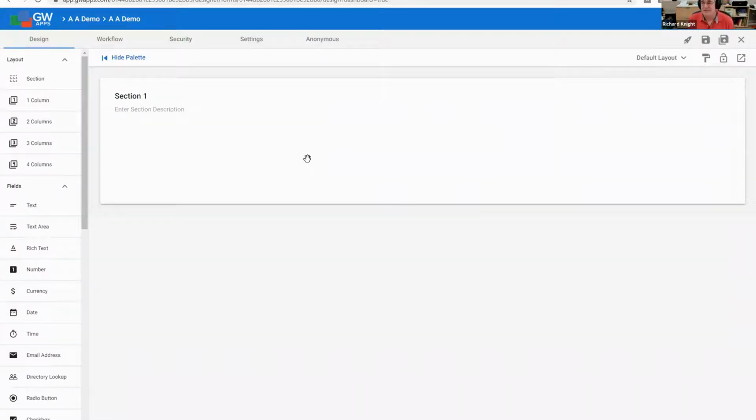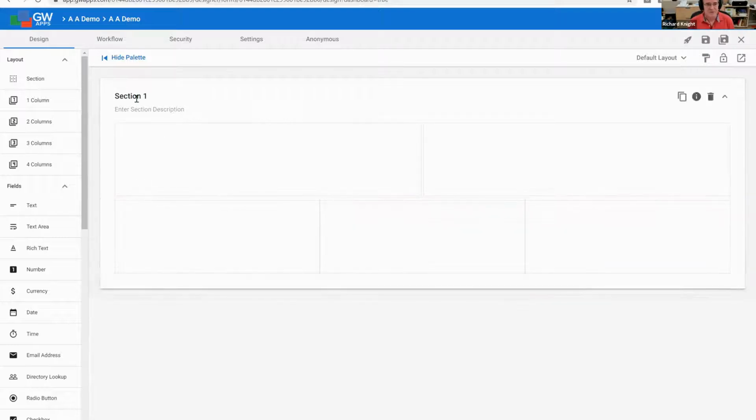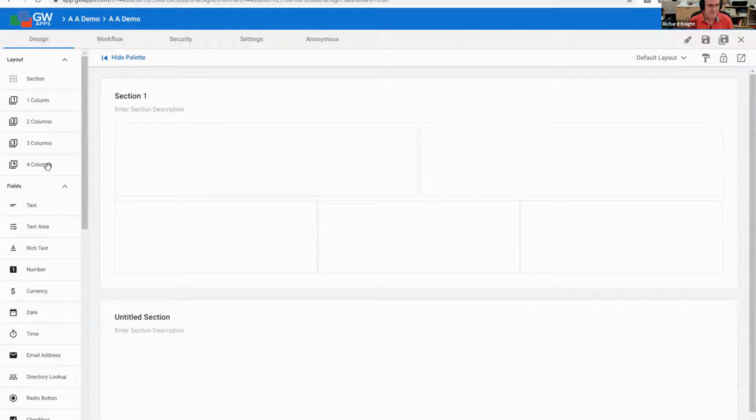Obviously, there's nothing in it because the system has no idea what I want to build. And then here on the left, I've got a palette of things I can add to my form. So the top bit is just layout. I get to choose how many columns I want. If I want to break my form into just visual sections, the sections don't have any functional meaning, but humans like to have data organized in easy to understand blocks. So I can have another section down here, make that 4 columns or whatever I like. And obviously I can